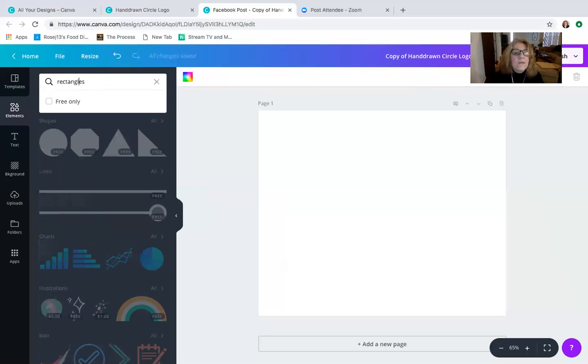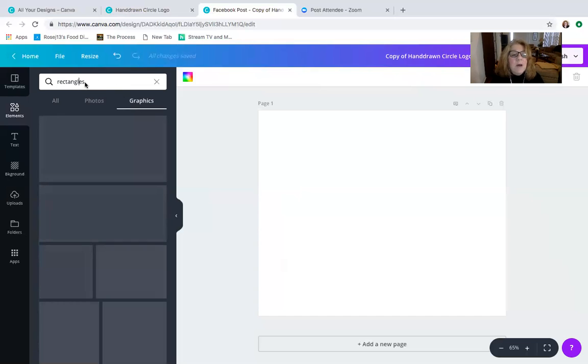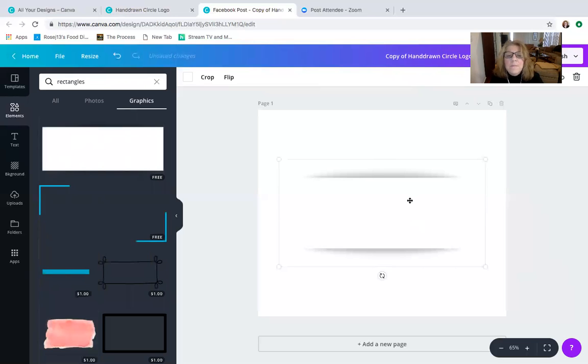Oh, there we go. Loading a little slow. Gave you the opportunity to pick if you wanted just the free ones, because again, you'll see some that are not free. So say I use this a lot. I'll just use a rectangle. So right now you'll see the color code. This is how you do color. So right here, you'll see the color that is there in